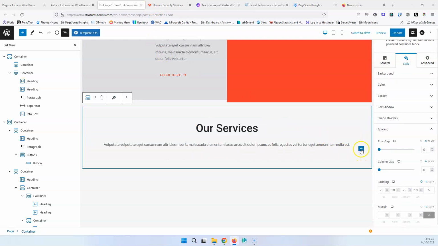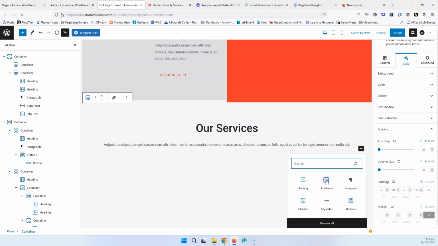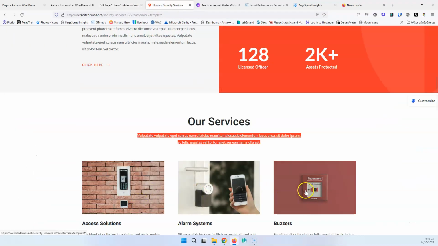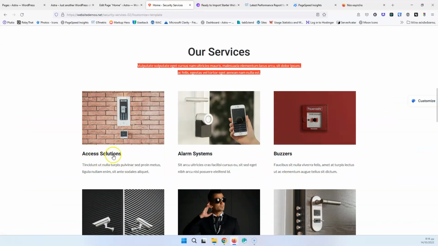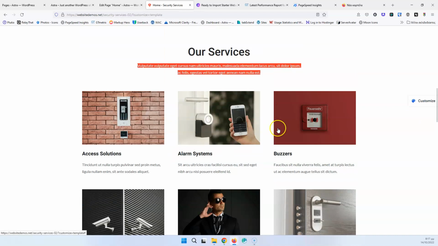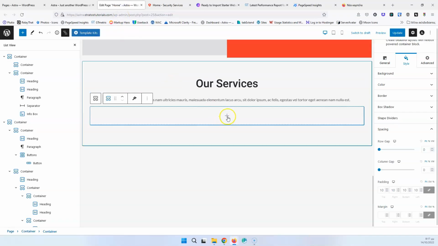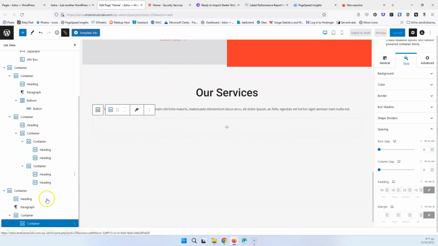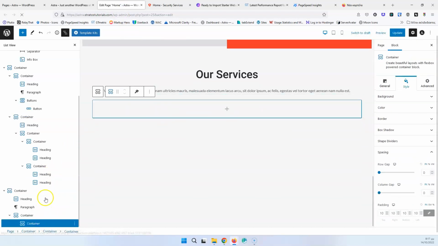And after that, I need to add another container that will contain 3 containers, as you can see here, 1, 2, 3, and it will also have the title and the text here, and then the whole container for those 3 will be duplicated in order to get also these 3 underneath. So let's click inside here and add another container, and now I'm going to open that